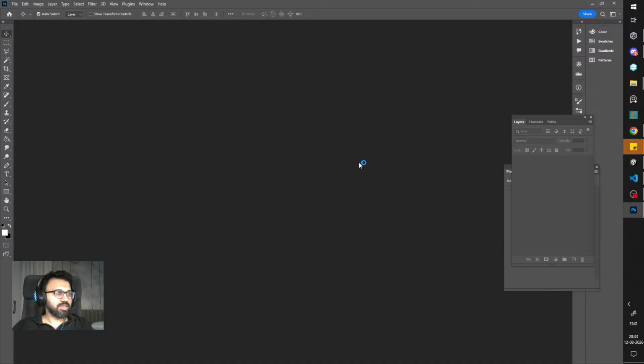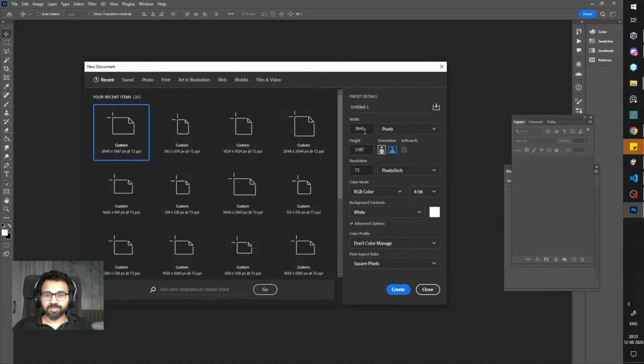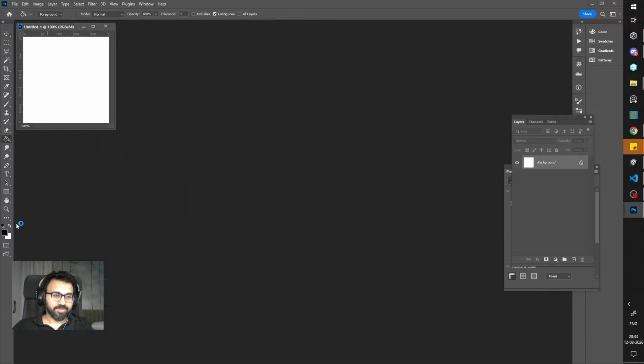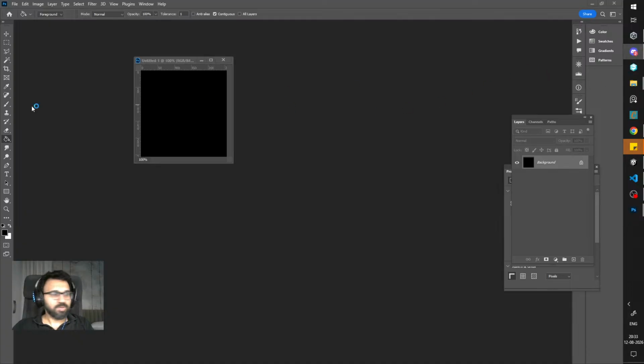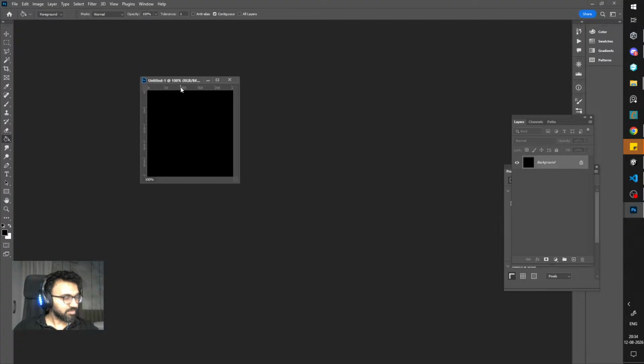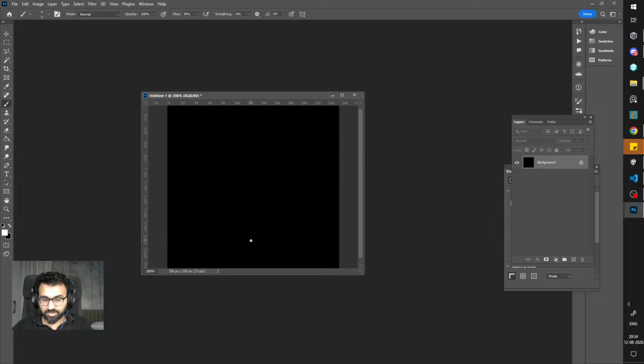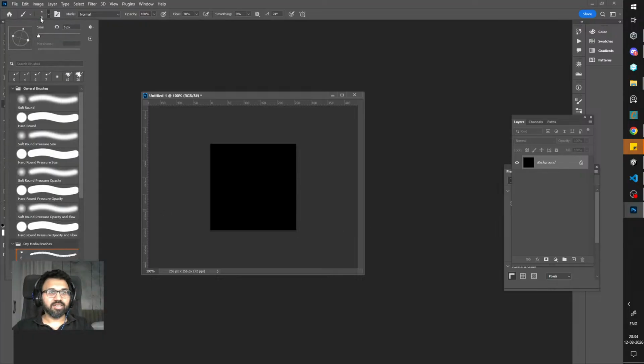So for the smoke, let's make the mask. This is going to be the mask for the smoke, and it's going to be a simple mask. We're just going to do something like